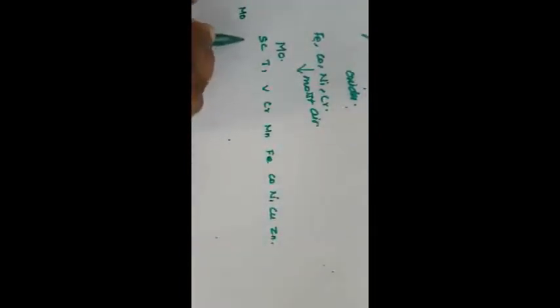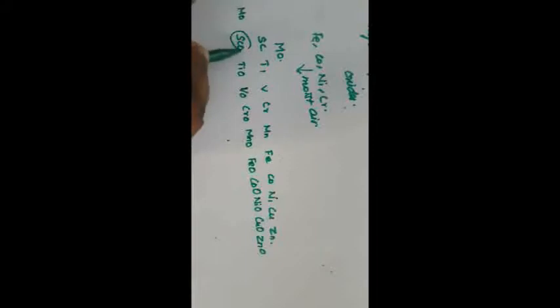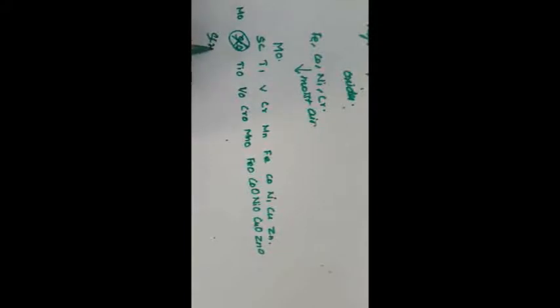Okay, these are all the 3d series. So what are the MO compounds? The metal oxides: scandium oxide, titanium oxide, vanadium oxide, chromium oxide, manganese oxide, iron oxide, cobalt oxide, nickel oxide, copper oxide and zinc oxide. But in this series, scandium monoxide is not formed, because of its valency, it has zero vacant d orbitals. So only scandium dioxide is formed.